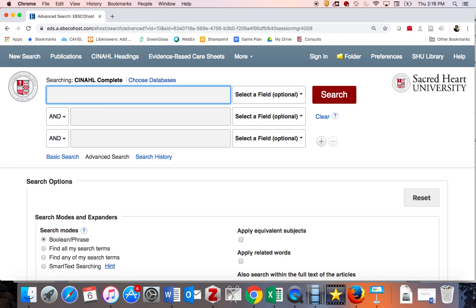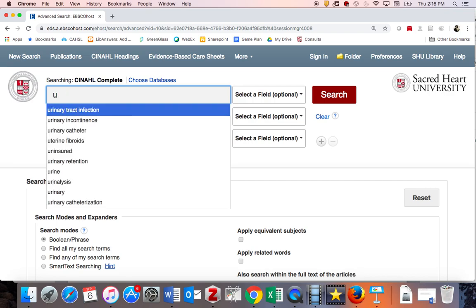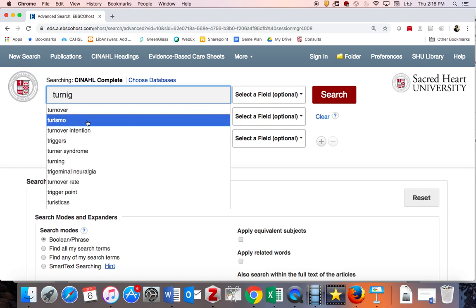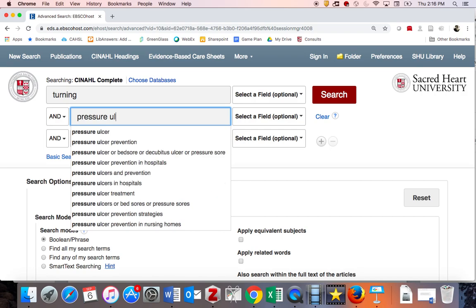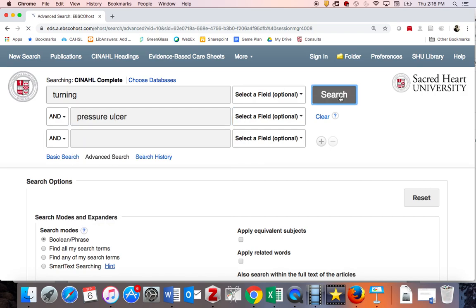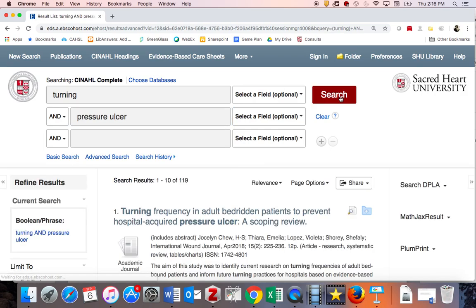I can put in turning, and I can then put in pressure ulcer. And doing a search with these terms on CINAHL will get me 119 search results. However,